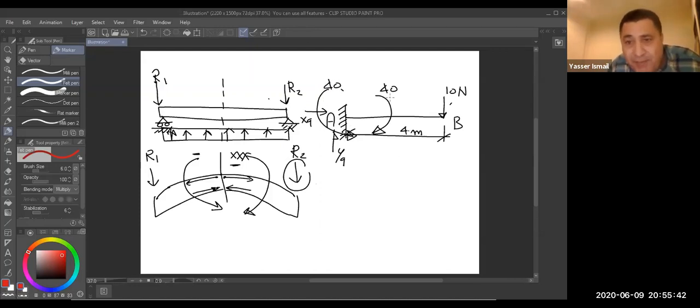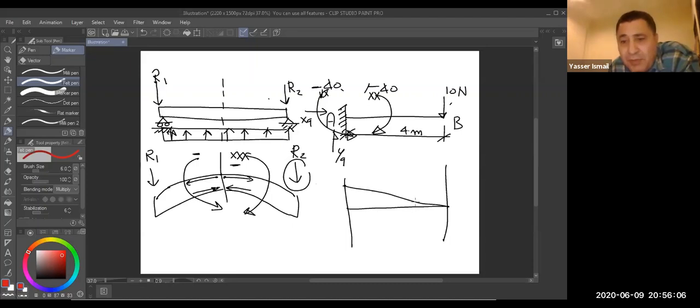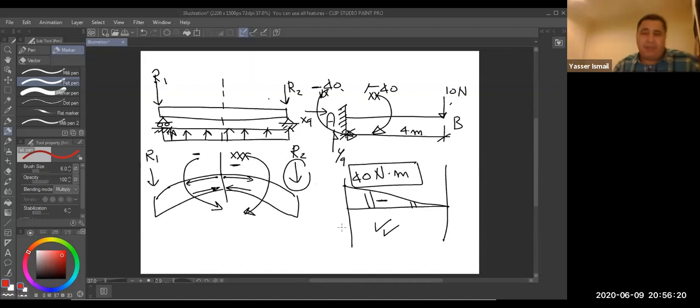Both of them give you tension in the upper fiber. Where is the tail? At the tail. Means what? This is a negative moment. How to draw it? Very simple. For negative moment, we have two schools, French schools and British schools. I believe all of you follow British schools, which is negative down, but I am drawing the negative up here, and I will give the sign negative 40 Newton meter. This is how you draw the negative moment diagram.